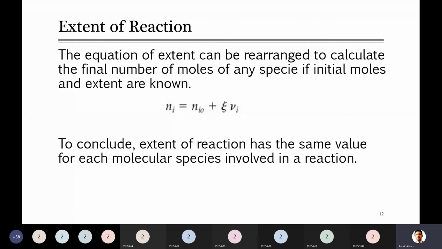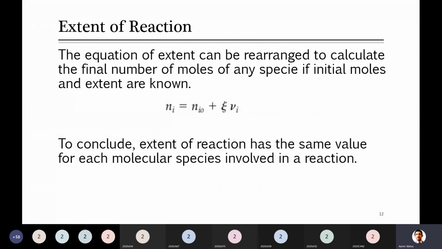So overall, when you look at these, this will not be very clear to you, but remember one thing at least here: this extent of reaction is the same for all the species. Extent of reaction, not maximum, because later on I will talk about maximum extent. So please remember, if you take various conditions and calculate the extent of reaction for any species involved in a reaction, it will be the same.